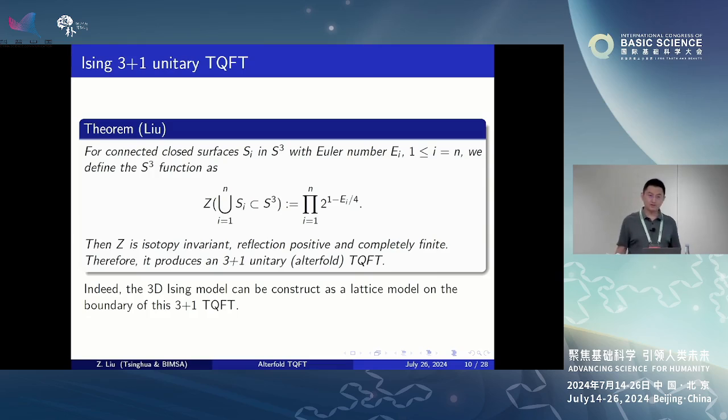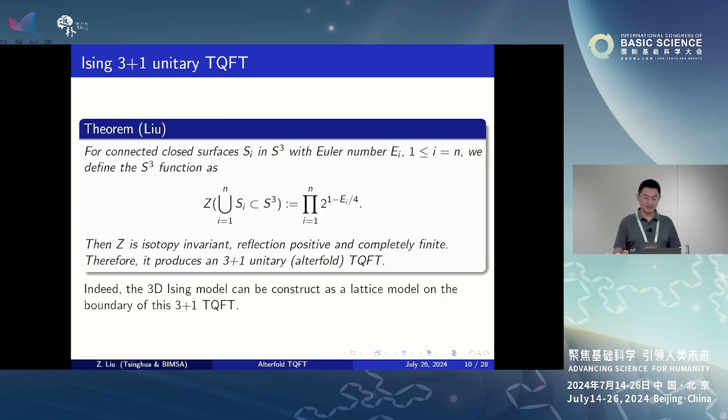And now we give a concrete example. How do we get such a lattice model with a very good linear functional Z that has reflection positivity? Here, this lattice is a lattice on the 3-sphere. Now we are constructing an example of 3+1 TQFT. So we look at a lattice on the 3-sphere, and we require some kind of topological invariance, so the function should be defined up to topological isotopy.